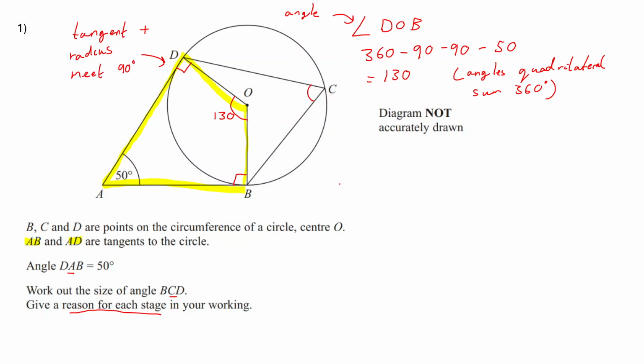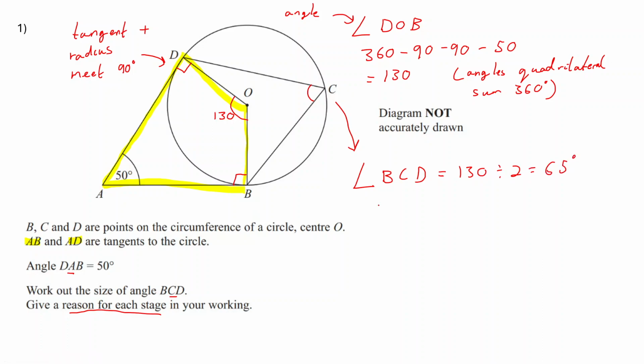Okay, just being really sure that we're getting all the marks there. So now I'm trying to find angle BCD, which is this one over here. And that is using another circle theorem, which is the theorem that the angle at the center is double the angle at the circumference, which must mean that angle BCD, the one that I'm after, where again the middle one is the one that you're after, must be equal to 130 divided by 2, which is going to be equal to 65